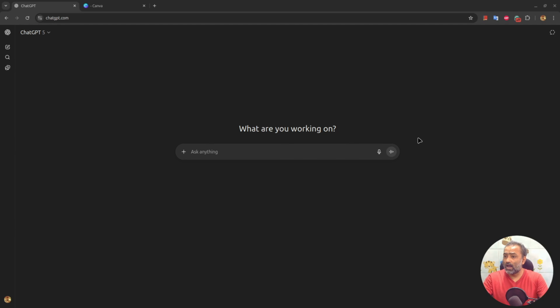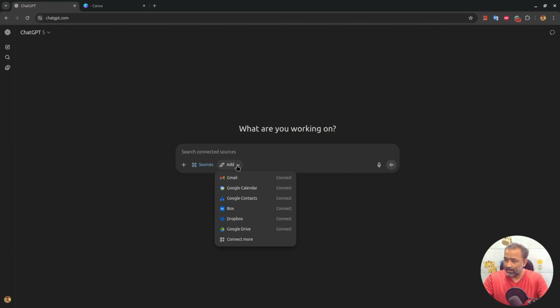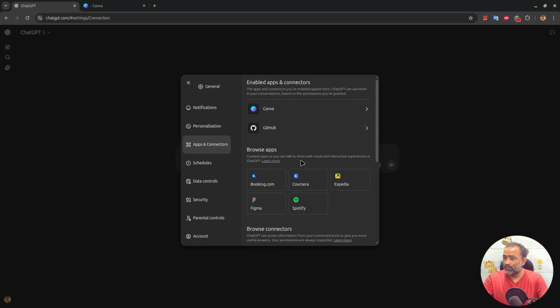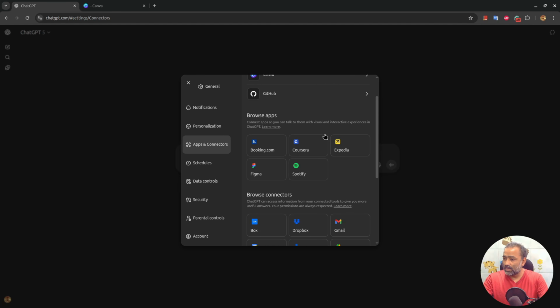I am here on my chatgpt.com. Here on this plus icon, when I click, I'll see a bunch of options. One of them is add sources. When I click on it, you will see there is a sources tab available and there is a button, add. If I click on that, you'll see there are Gmail, Calendar, and a bunch of other apps that are ready for connection. So if I click on connect more, you'll see a different interface